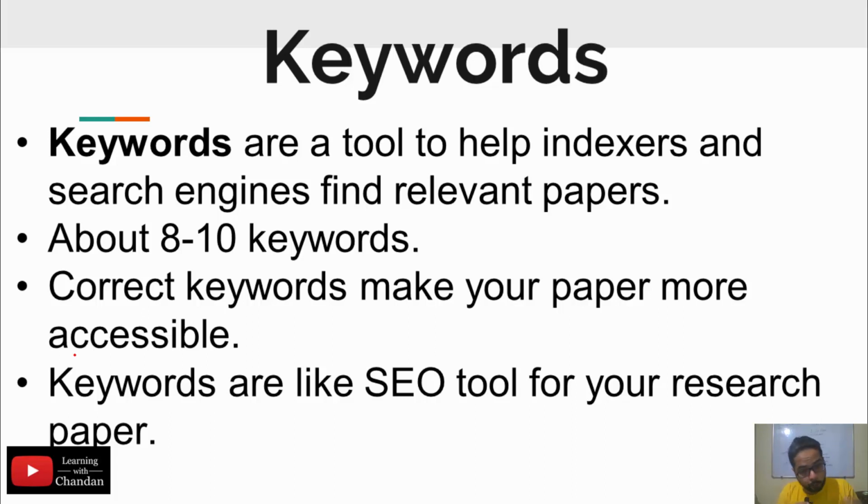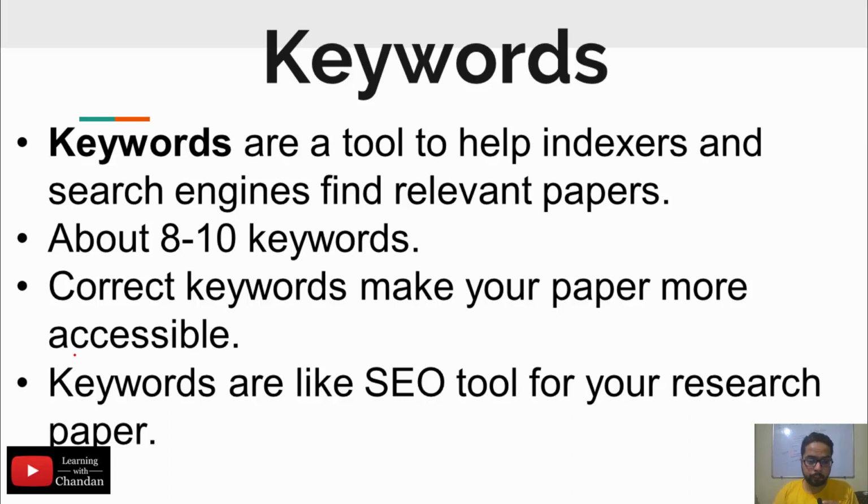So, in order to get more citations, you will like that more and more people read your paper. How? When they can easily find your paper amongst hundreds of other papers. Now, how to do that? That work can be done in two ways. First is you write your title in a very good way, and second is the keywords.